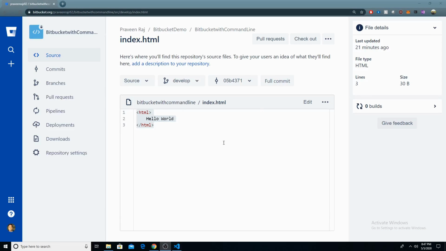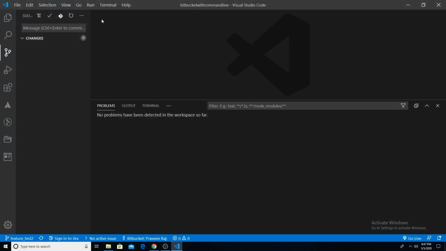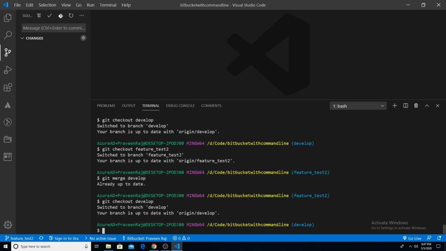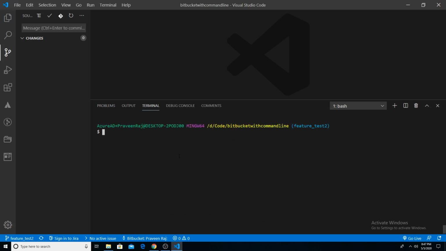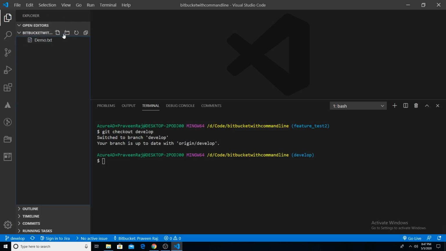Next topic we are going to cover is resolving conflicts. So let's go to the IDE now. So we are in the future branch now. Let me switch back to the development branch. So I'm going to say git checkout develop. So now I'm in the develop branch, and I'm going to go here and add a new file called, let's say,